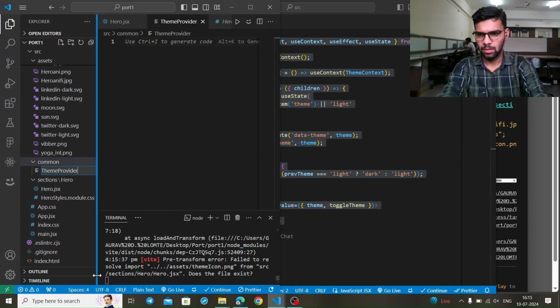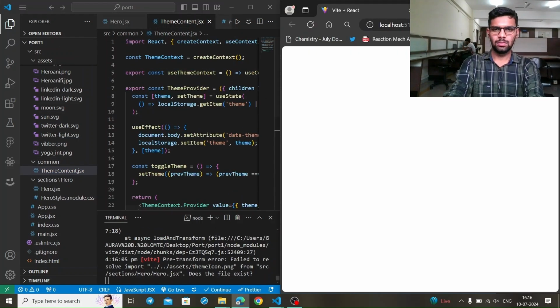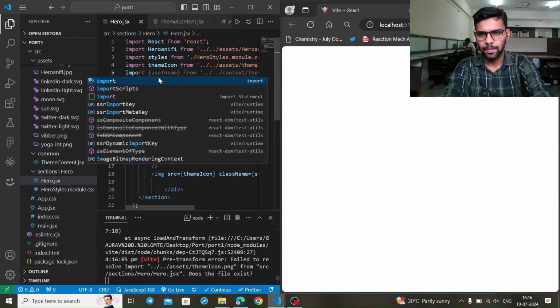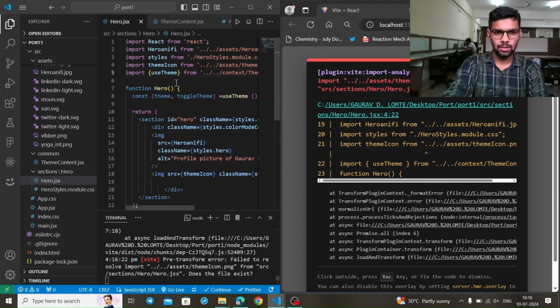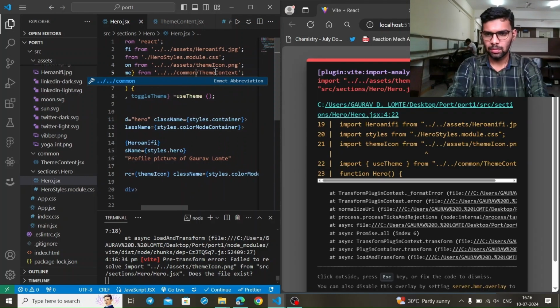I'll change the file name to theme content. I've added the theme. You can see it's not working. Let's see. I've imported it here. I've imported it by passing the hook name, but still it's not working. It's showing error